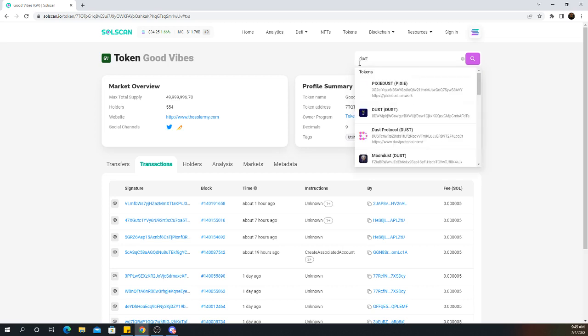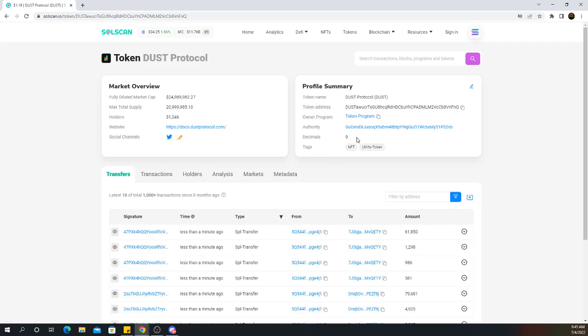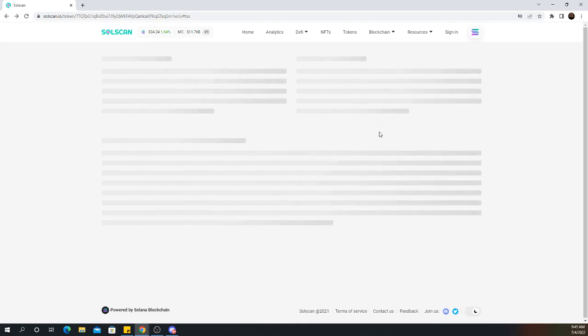But if we look at something like Dust, you'll notice there is an authority here. This is the address that can create more of this SPL token. I believe that Dagad said they're stopping at like 23 million or 25 million, and so 27 million maybe. I'm not 100% sure, but essentially this wallet is going to keep creating more Dust until this number hits 27, at which point they'll likely disable the authority to do that, just like we saw here.